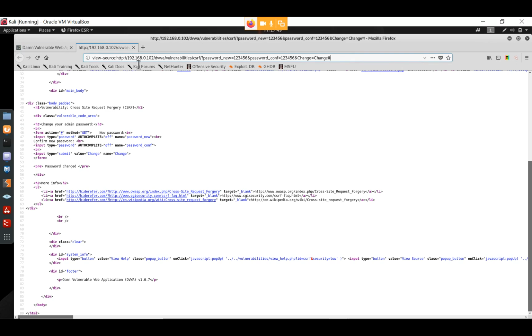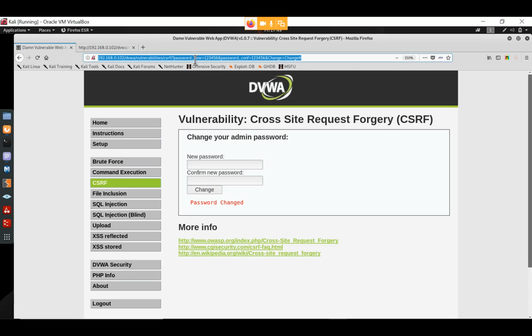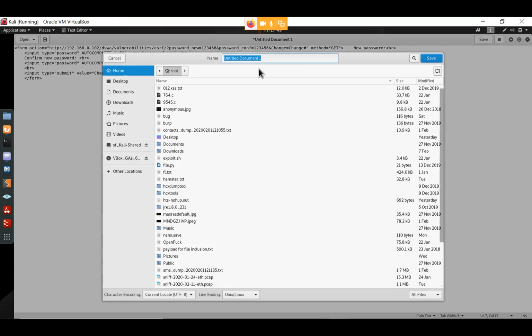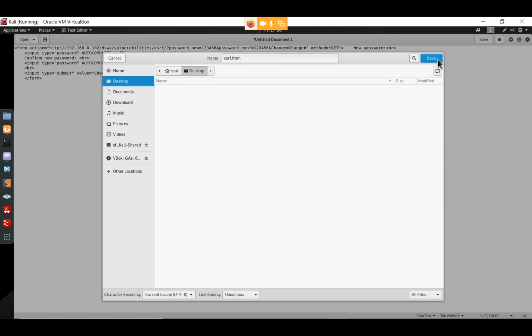what I'm going to do, I'm going to copy this whole link from HTTP. This whole link. Let me copy this. Yeah, copy this, and I'm going to paste that link in action, and I'm going to save this with the extension. So CSRF.html, we have to save this with the extension of .html. Going to save this on desktop, save,